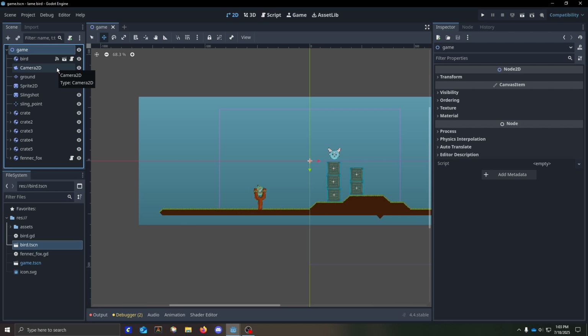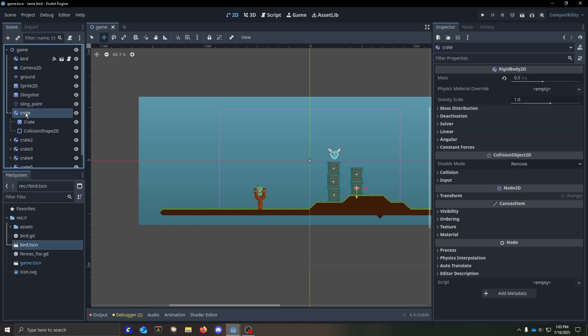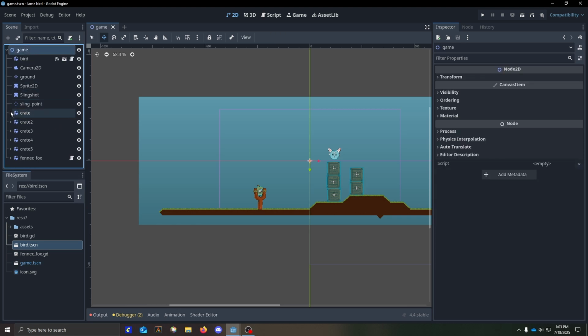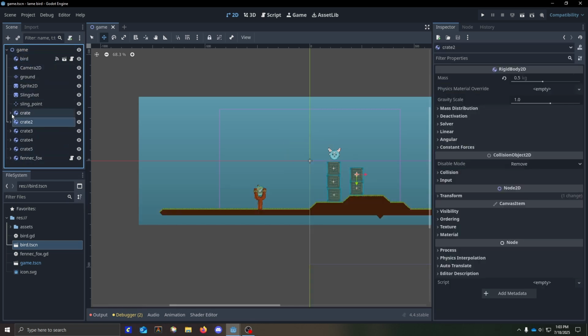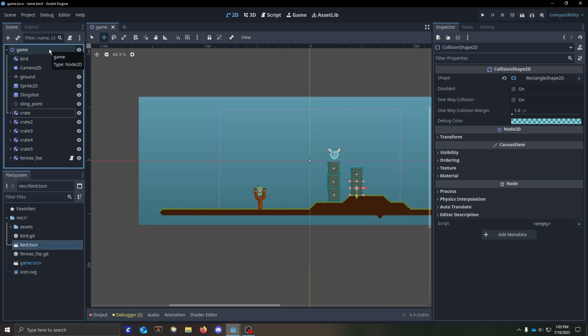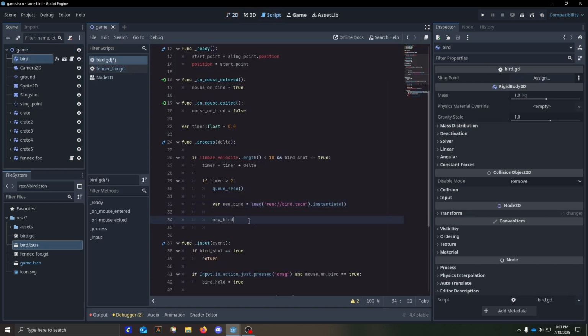Now the scene tree, if you haven't noticed, works like a family tree. This one has a parent, which is this one, which has a parent, which is this one. And this one has children, which are all of these. And this one has a sibling. You understand how the scene tree acts almost like a family tree. So what we want to do is add this new bird to the scene tree. And the way we do that is using add child